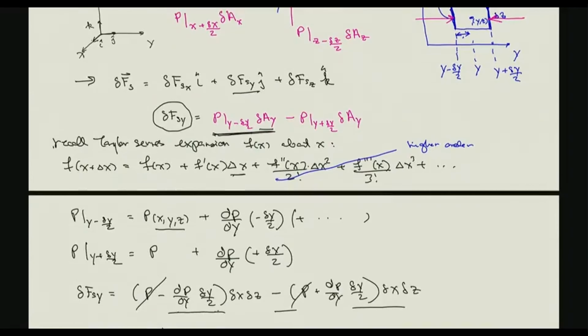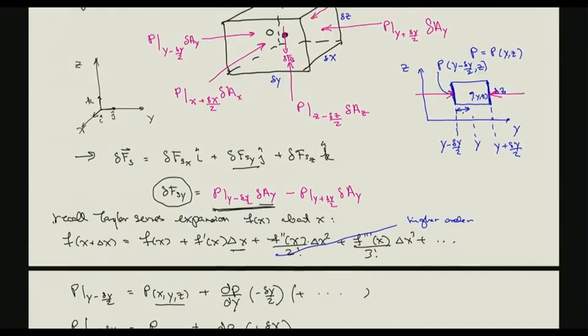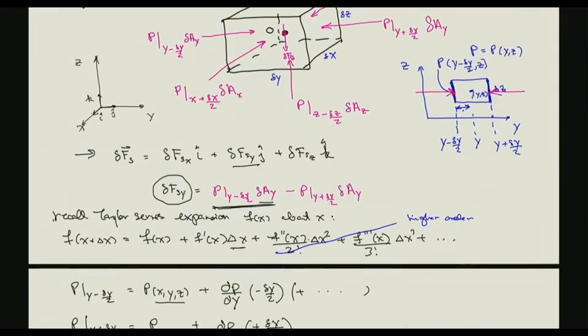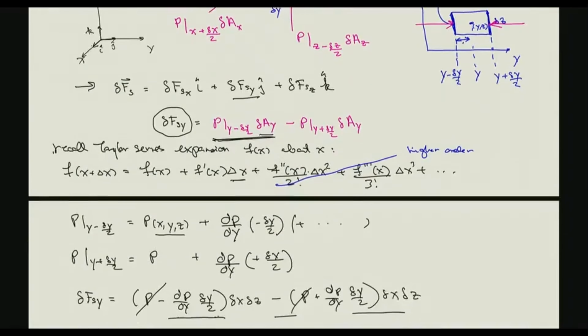So if we do that, P at y minus delta y over 2, which is going to be on this side of y, so a distance y minus delta y over 2 here, can be expressed as P at x, y, z, which is at the point O, plus partial P partial y, that's this, times